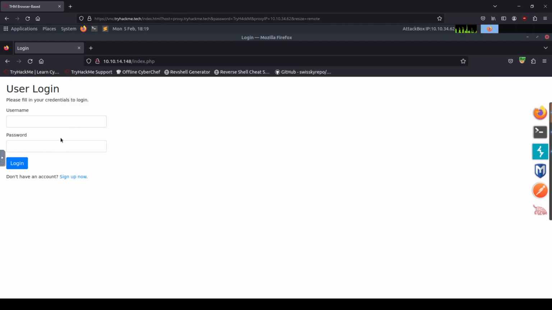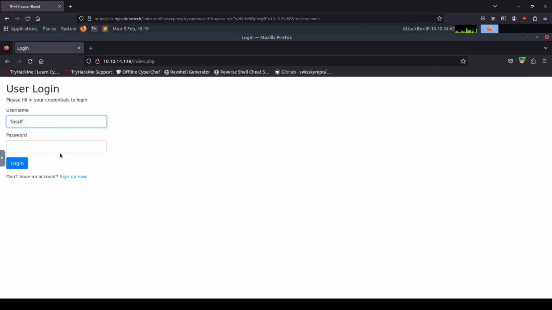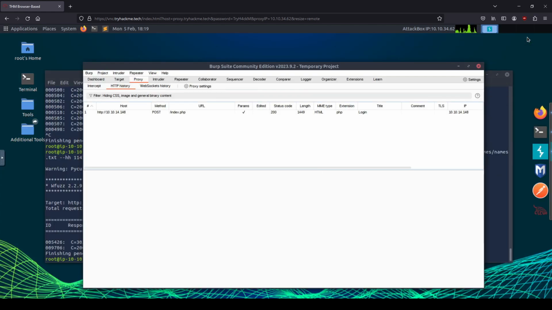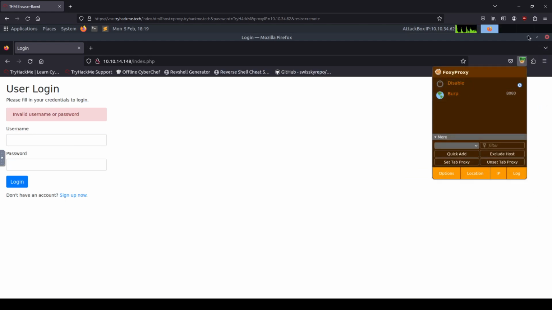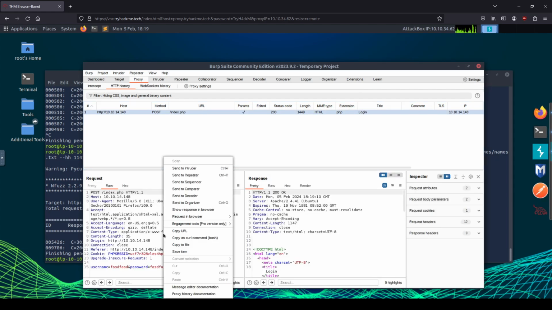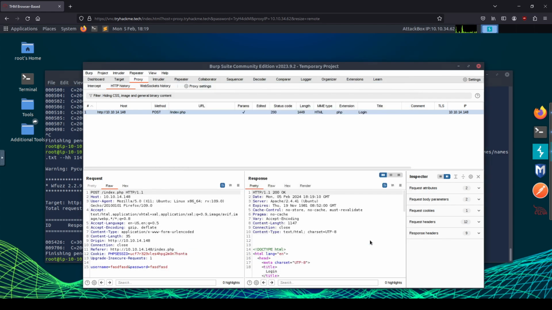I want to go to history. I'm just using FoxyProxy. It's already attached. So I'm just going to put whatever, log it in. And I'm actually going to stop listening on it. I don't need it anymore. Right here. Select it. Right click it. Save item. I'm going to call it sql.text. I believe this is using a very old version of sqlmap, so hopefully